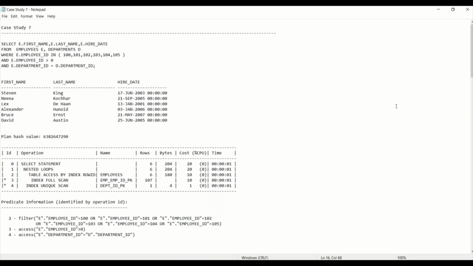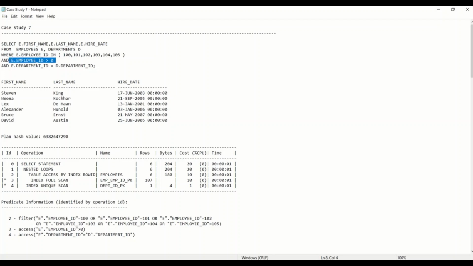So in order to fix this, we'll just pass a simple hint, that is LEADING(e), right? That will tell Oracle to start with the employees table. But again, if you see, both the columns are from employees itself. So how the LEADING(e) is going to help is by using a nested loop hint. When you use a nested loop hint, Oracle's expectation is to work on a row source which will be smaller, right? So in this case, if I start with e.employee_id in this row source, I'm going to get 6 rows. And if I start with e.employee_id greater than 0, I'm going to get more rows,